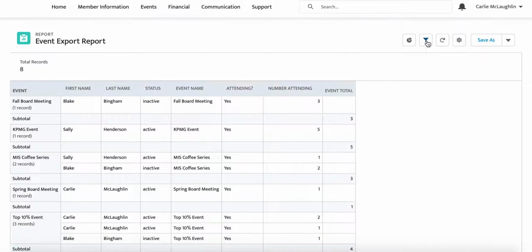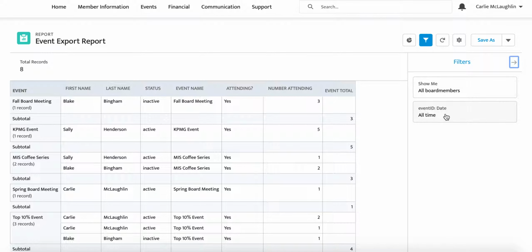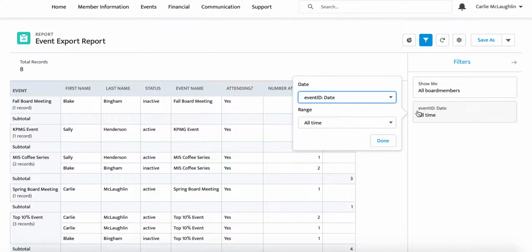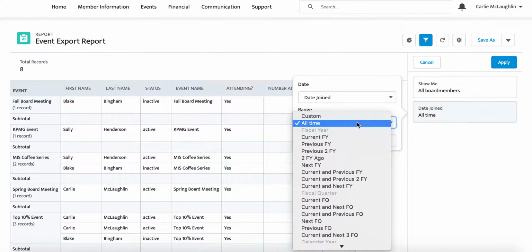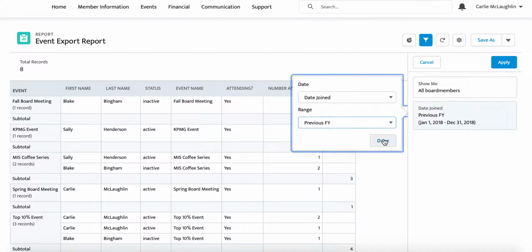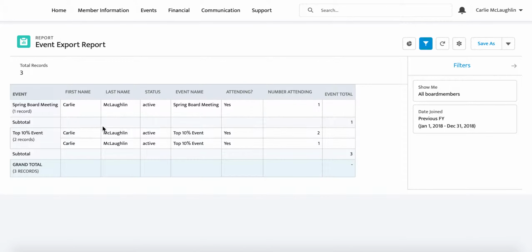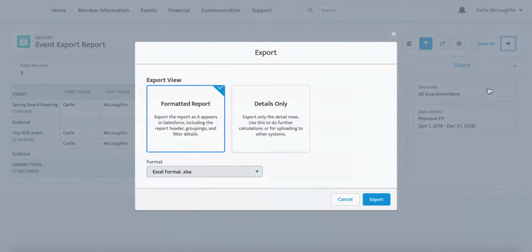And if we go to this filter section, we can select a filter based on date joined, date left, or the date of the actual event. And so we'll go to date joined and go to previous year and click done and click apply, and that narrows it down to just a couple records, which we can then export as an Excel, and